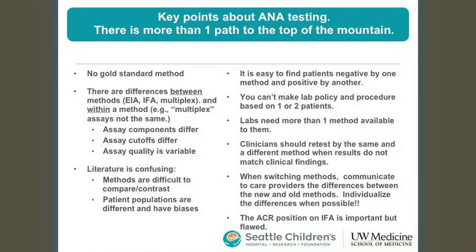So the literature is confusing for the reasons I mentioned. It's unbelievably easy. It'll happen. If you switch, you're going to find patients negative by one method that are positive by another. It's an absolute truth. It is going to happen, and you're going to get a complaint about it. But you can't manage your lab based on anecdote. You know, the plural of anecdote is not data. It's just more anecdote. And you have to look at the overall sensitivity, specificity, and then the big response to